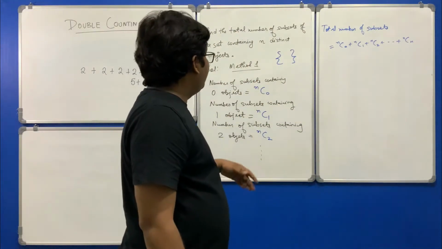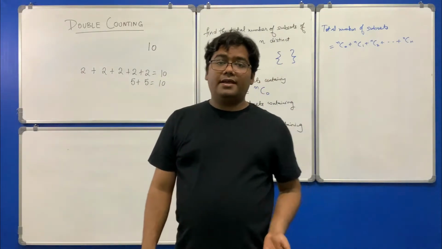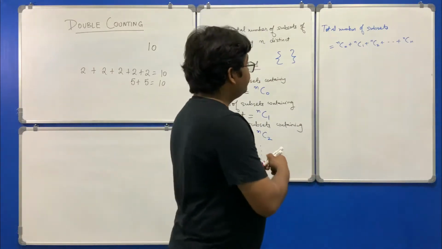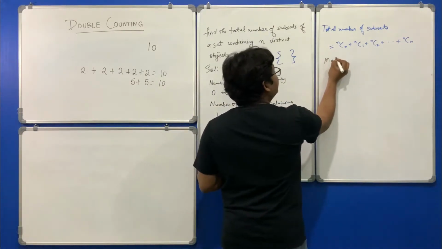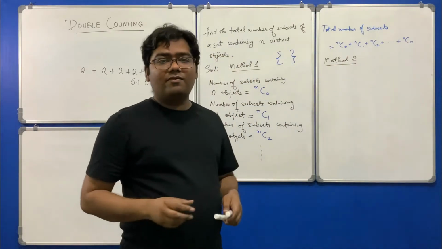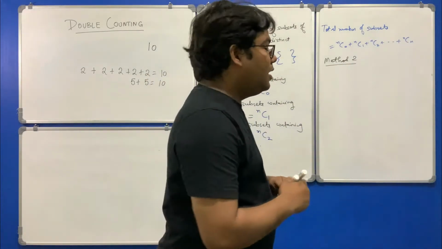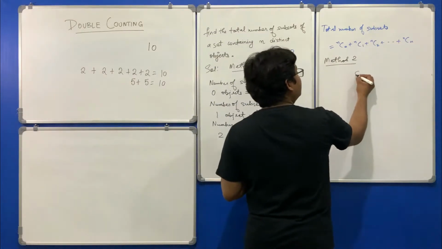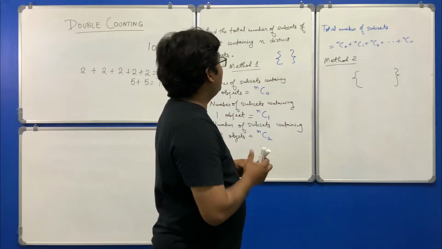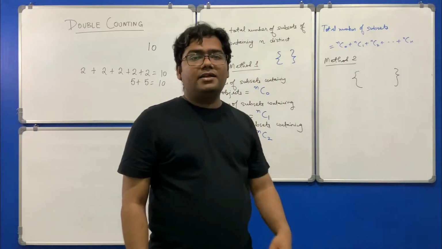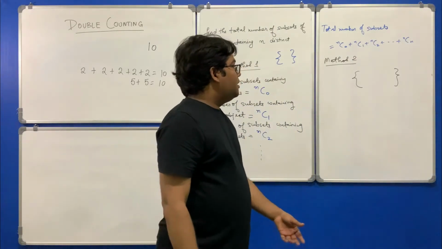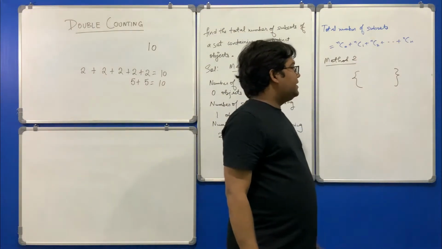Okay. Now we will use a different method or different technique, and we end up with a different formula. Okay, let us see how. So look at this method 2 of counting. What is this method 2 of counting? Now look here. Look at any subset of this set containing n distinct objects. Any subset. You have to form this subset, right?